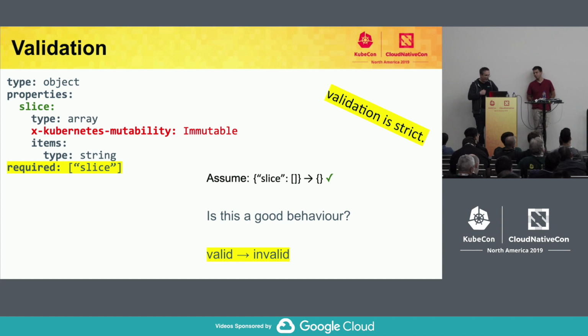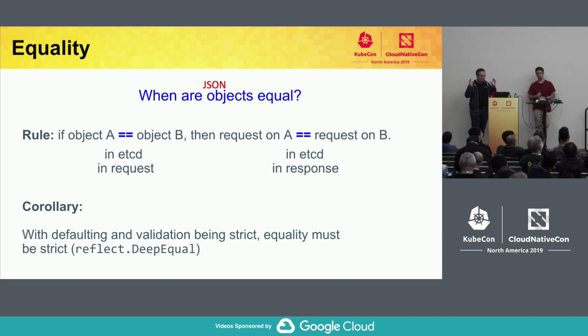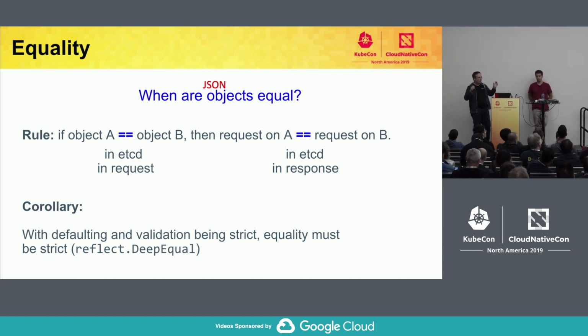Validation, we have had that for ages, and everybody uses validation. In validation, you can easily distinguish between those special edge cases. So I would say validation is also a strict mechanism we have implemented for a long time. The consequence of that is probably that we also want equality to be strict. So always when objects are compared and you have null, you have empty, you distinguish. It's never the same thing.